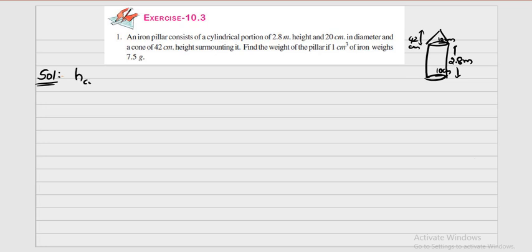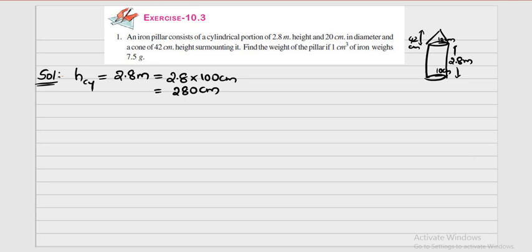So here, what he has given: the height of the cylinder is given as 2.8 meters. But if you observe, all the remaining dimensions are in centimeters except the height of the cylinder. So we can change this 2.8 meters into centimeters by multiplying with 100, because 1 meter is equal to 100 centimeters, right? So 2.8 into 100 centimeters. What am I going to get? The 10 will eliminate that decimal point and a 10 will be attached. So this gives me 280 centimeters. So the height of the cylinder is 280 centimeters.